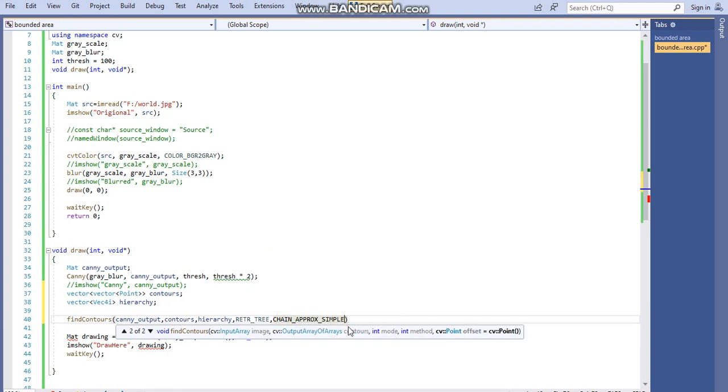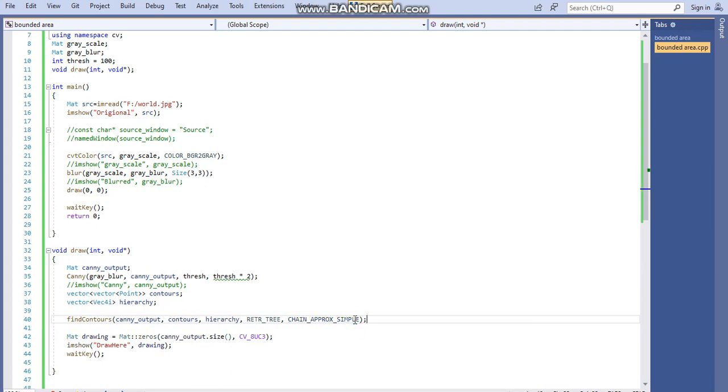You can select this method and save this program. So findContours has been resolved here. Now drawing is ready, and findContours has been applied on Canny.